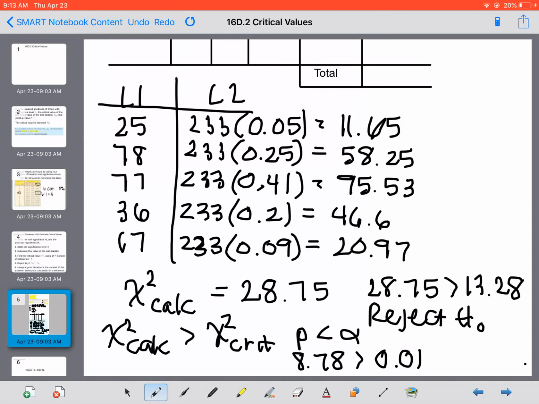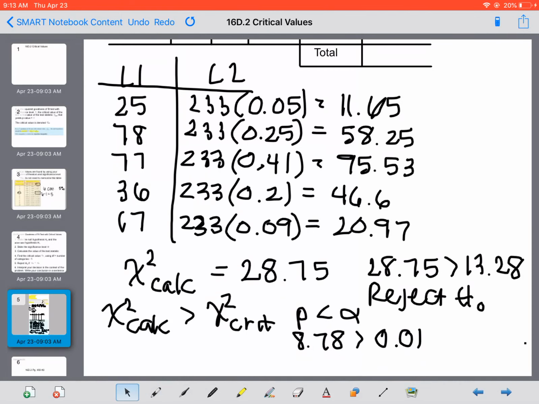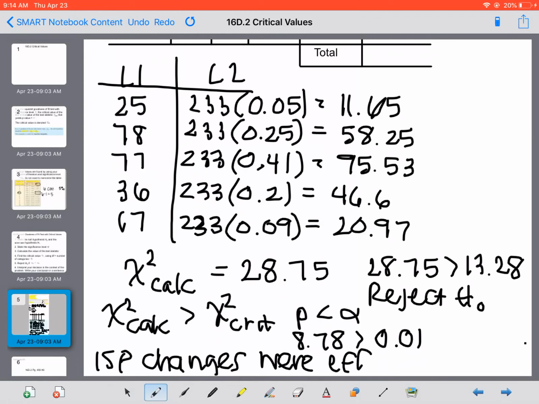Okay, so our conclusion, and I think I might be out of space here, I kind of am, but our conclusion is that the ISP changes, since we are rejecting it, the ISP changes were in fact effective. Since we rejected